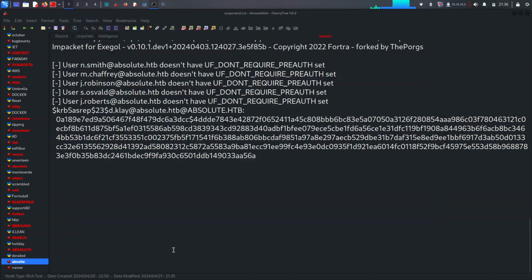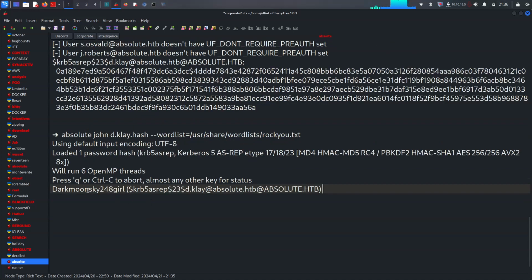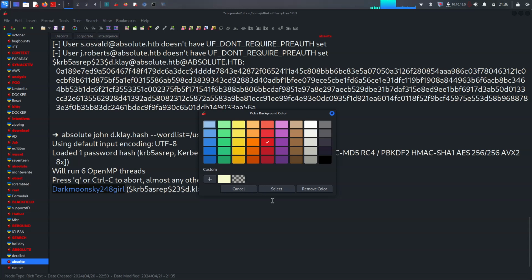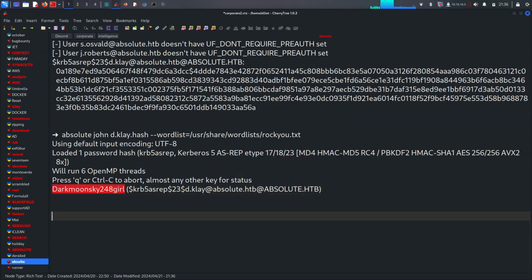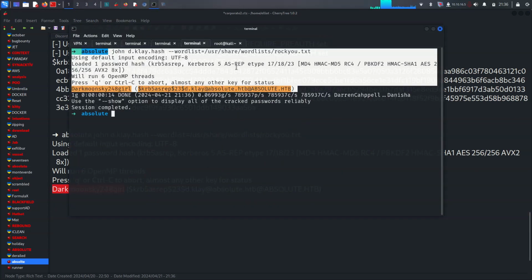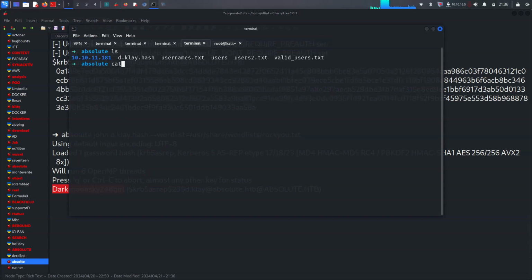So these are really cool things. We are grabbing the password here. It's dark moon sky, and then it looks like two for a girl. I don't know what this means, but we are grabbing the password. As you know, we already have users.txt here, and then we are grabbing user.txt. And right now we can try to use this password with another tool, for